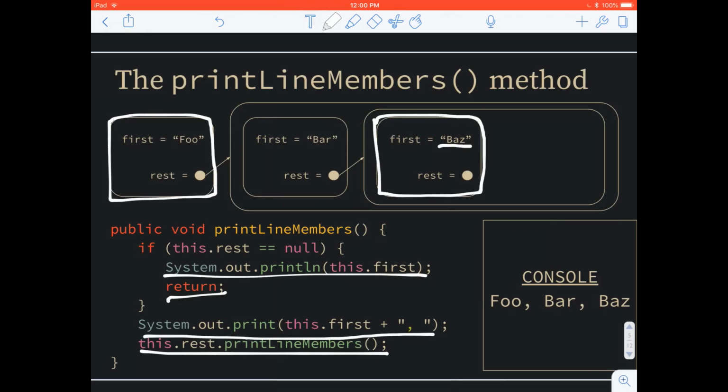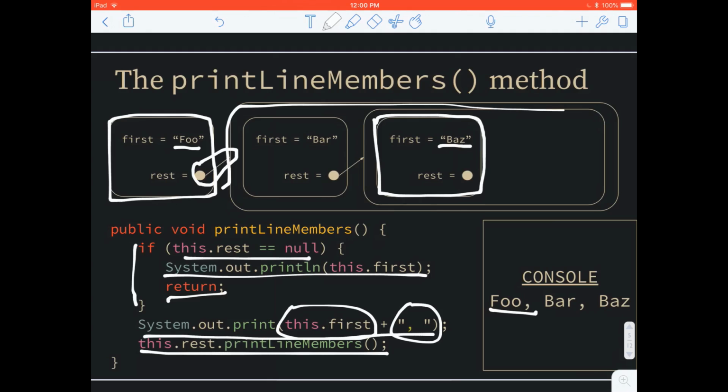We check if the rest is null, which is not true because there is a pointer here to another LunchLine. So we ignore this if condition and move on to this System.out.print. Notice that it's not println because we want to add a comma but not a new line. So we do System.out.print of this dot first, which is going to be foo, and then we add a comma here. So first foo gets printed to the screen. Then we call printLineMembers on rest, which is this LunchLine, this big one here,